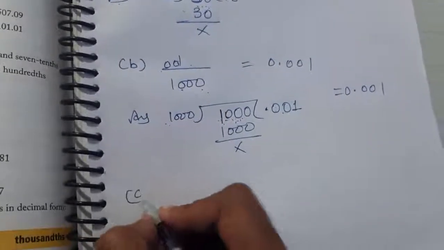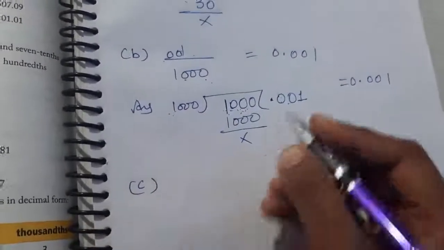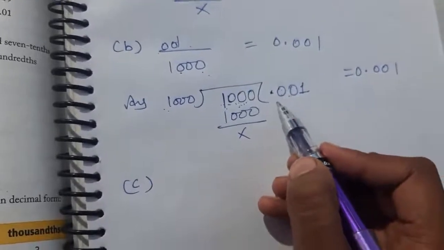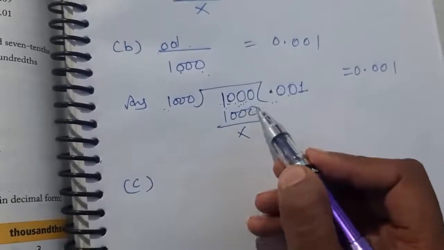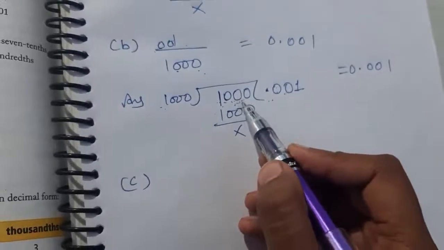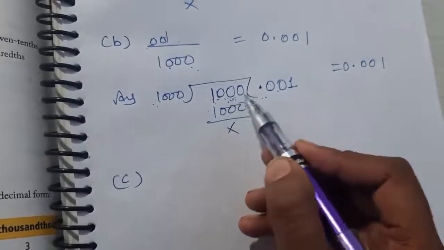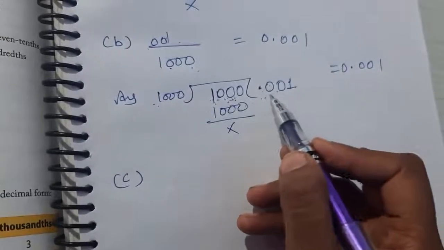Next, if this type of question is given, you have to clear your concept of how to take zeros according to the given digit. अगर smallest है, smallest में तो divide नहीं लगा सकते, तो for making a bigger number, so we have to put this type of concept here.